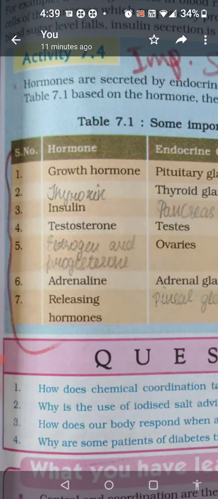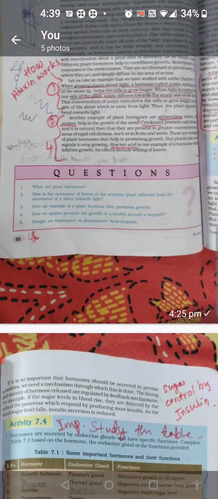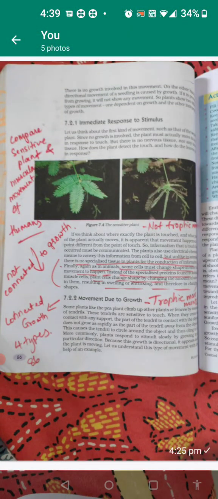The second very important hormone is thyroxine. There are thyroxine related questions also. Thyroxine means iodine has to come to your mind. The thyroid gland secretes the thyroxine hormone, and thyroxine is called the metabolic hormone. It is also called the personality hormone, just because it controls